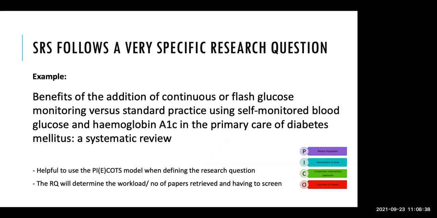Systematic reviews, compared to other types of reviews, have a very specific research question. I have brought an example here, a question that is used for one of the publications that we have recently published about continuous glucose monitoring. The systematic review question in this case is: benefits of the addition of continuous or flash glucose monitoring versus standard practice using self-monitored blood glucose and hemoglobin A1C in the primary